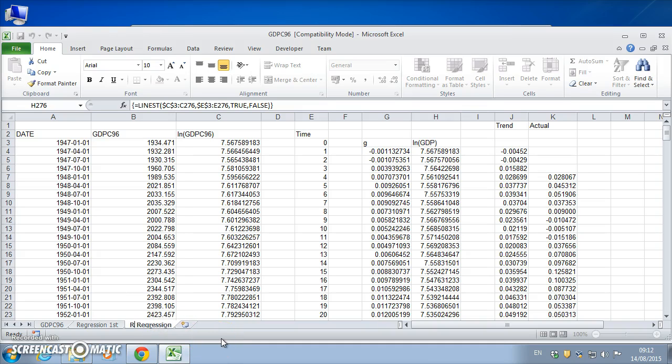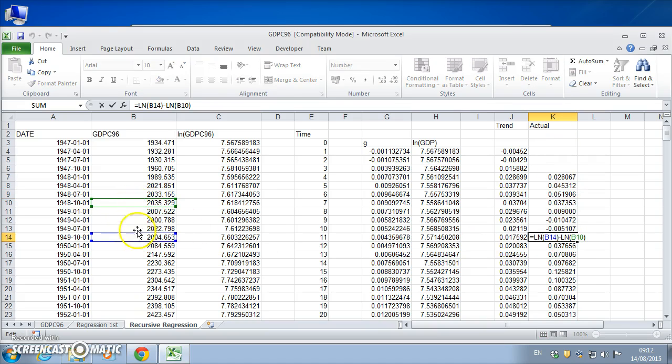So maybe I'll use that term, recursive regression. And here we have trend,